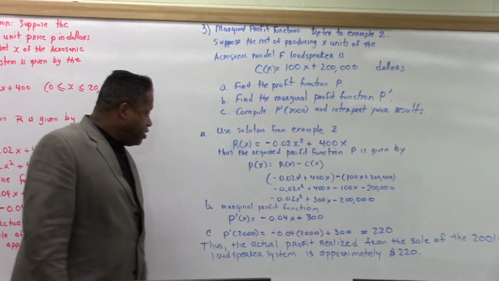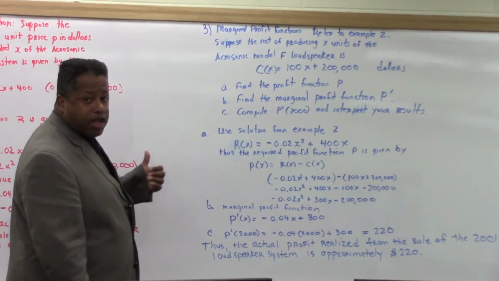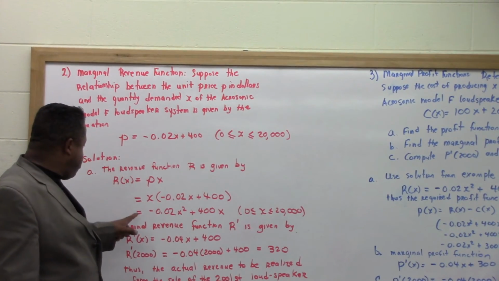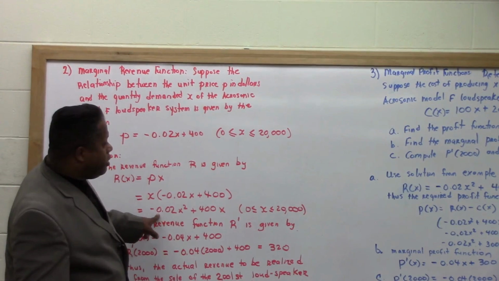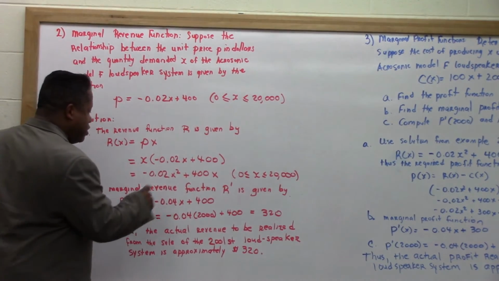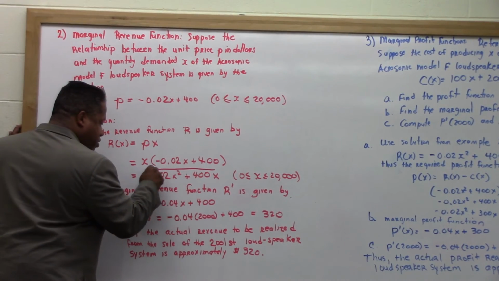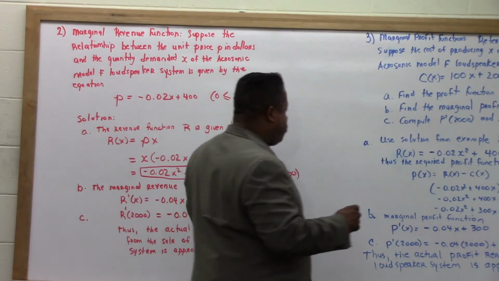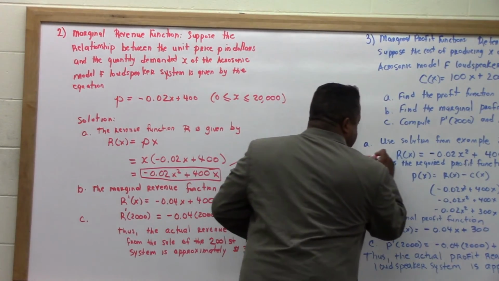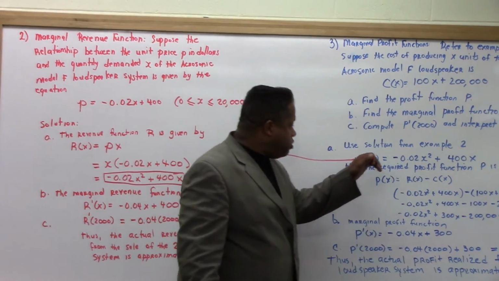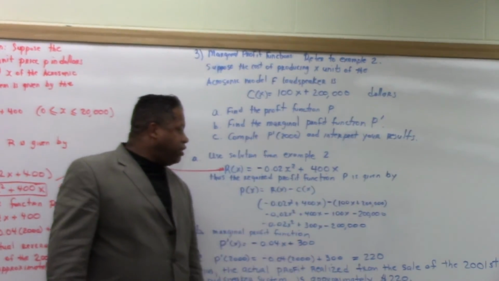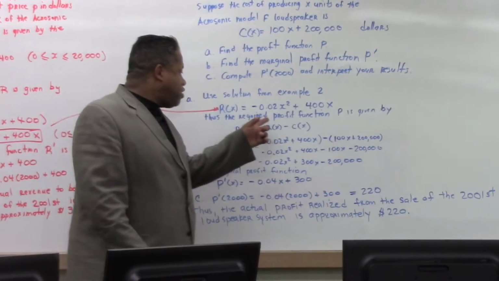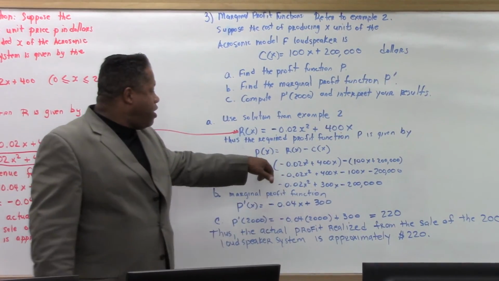Now, watch this. R(x) is equal to, and this is from example 2, the revenue function, which is this here. What I'm boxing off here from example 2 is the same thing: negative 0.02x squared plus 400x. And thus the required profit function P is given by